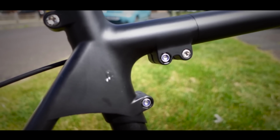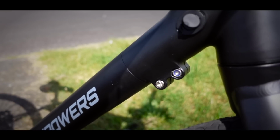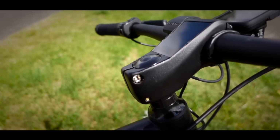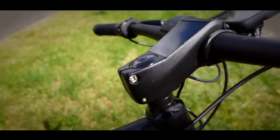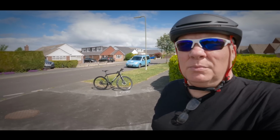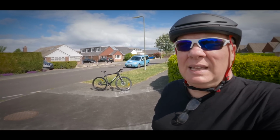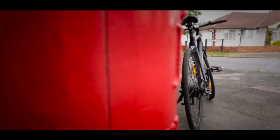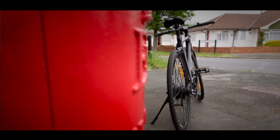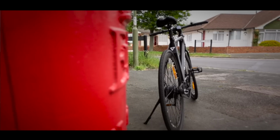on the bike. Now, having said that, most normal bikes do have bolts on them as well that you don't really worry too much about, and I'm thinking particularly the headset bolts. Yes, they do need checking from time to time, but they very rarely come undone. In case you're wondering, Van Power do also send you all of the tools that you need to put the